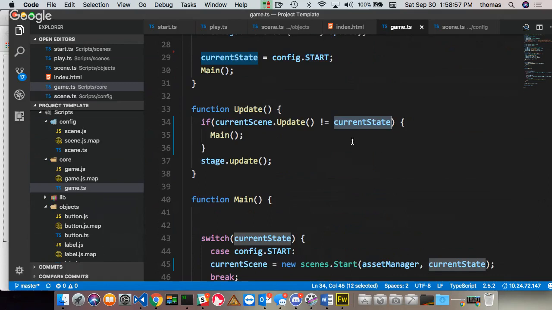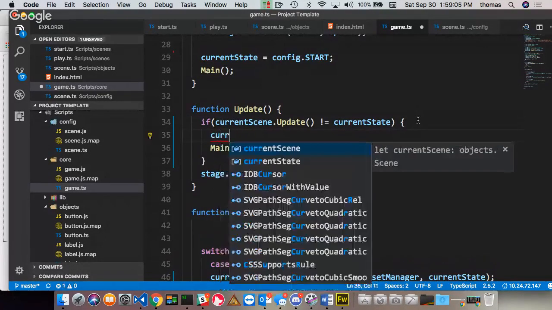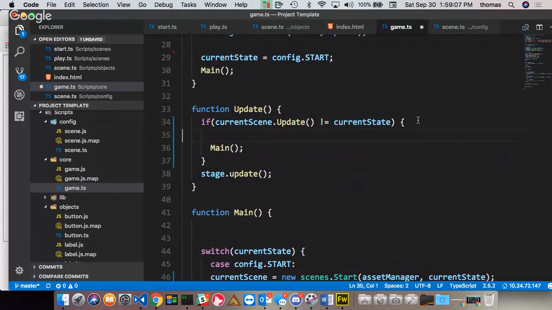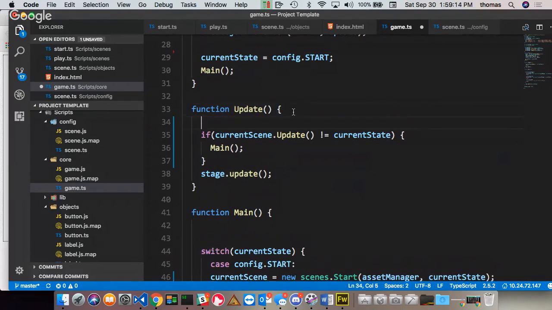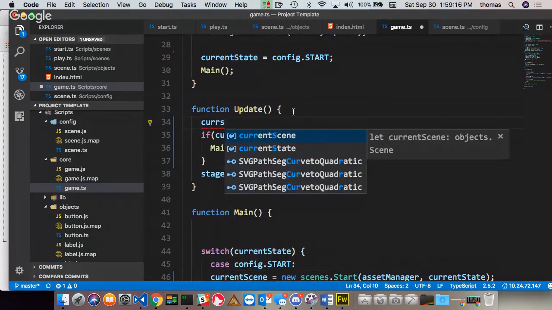Checking the current state local variable, right. The output of the current state update method. Right. Which is why it's always going to be. So we have to say current state, then, okay, so this is a nice idea, but what we want to do is say something like this. Current state, well,